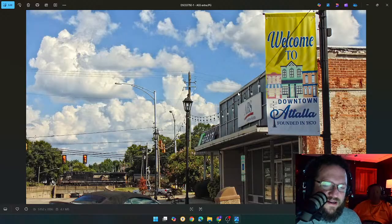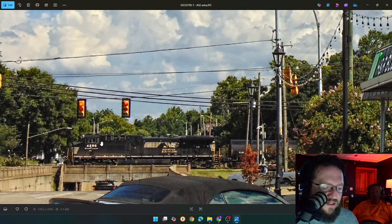Welcome to downtown Attala. It's an old building. What a historic look. It reminds me of, is it Kahata? Is that the name of the town? Mm-hmm. Yeah, the old building here. And then the tracks of the underpass. Now, this underpass looks like,